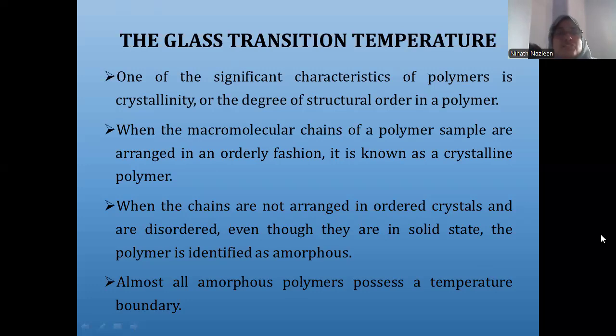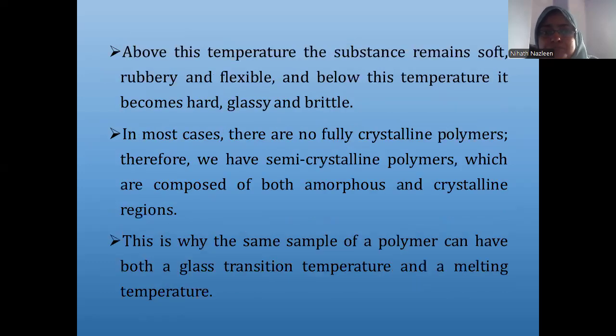When the macromolecular chains of a polymer sample are arranged in an orderly fashion, it is known as a crystalline polymer. When the chains are not orderly arranged, then it will be in a disordered form, even though they are in a solid state. Such a polymer is known as an amorphous polymer. Almost all amorphous polymers possess a temperature boundary. Above this temperature, the substance will remain soft, rubbery and flexible, and below this temperature, it will become hard, glassy